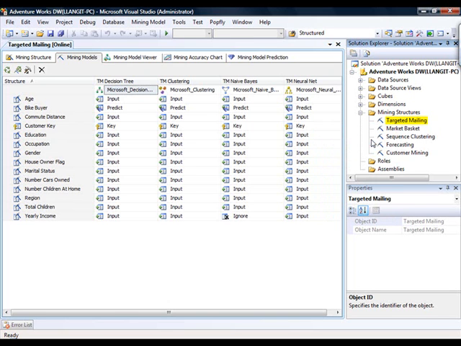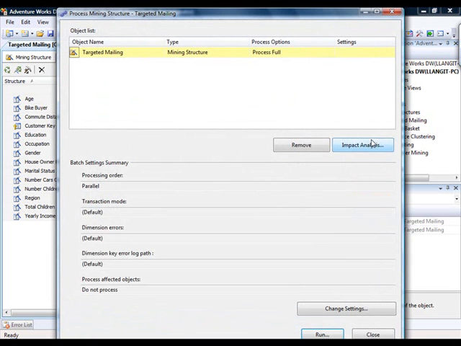I'll then click that to open the dialog box associated with it, and once that comes up, we'll see the options for processing. And you can see if you select structure, then all the mining models contained in that structure, which I'll remind you there are 4, will be processed via the processing option method that is selected in this dialog box. By default, we have process full, which means that all the structure and the data will be